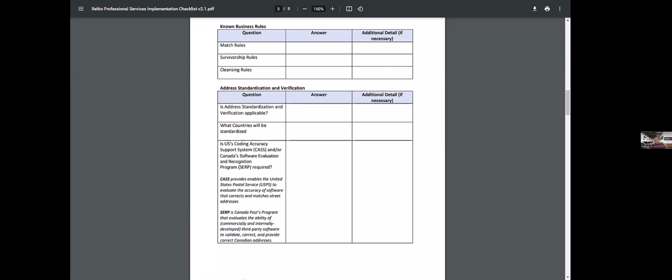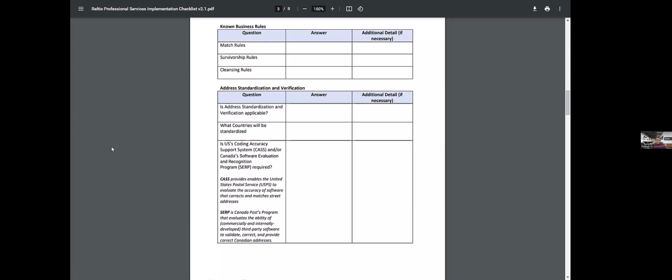For the MVP, we usually configure out of the box. We go with the out of the box implementation. And if there's any customization required, we usually look at a future phase. That's mostly because we want to show value in 90 days. We want to go live with the implementation in 90 days. But again, if there's any customization that needs to be done within the first 90 days, we do take that into consideration.